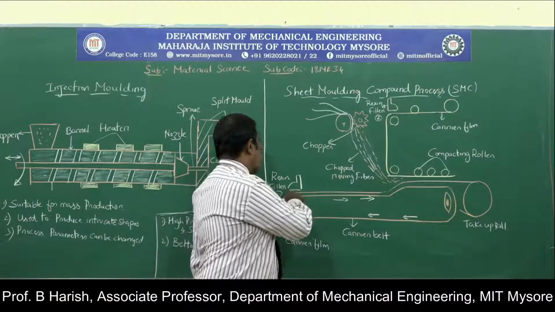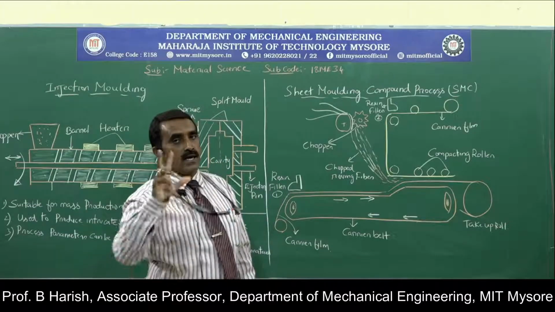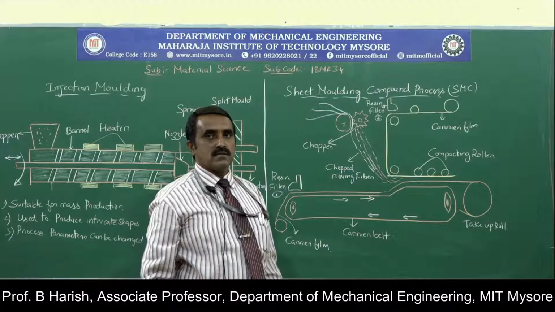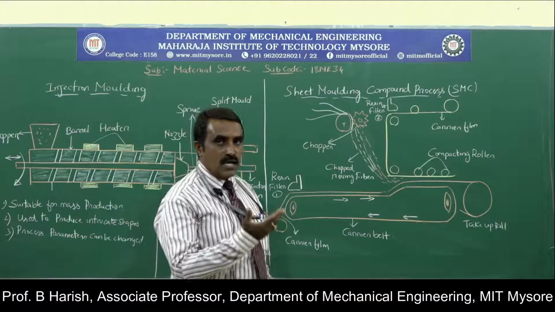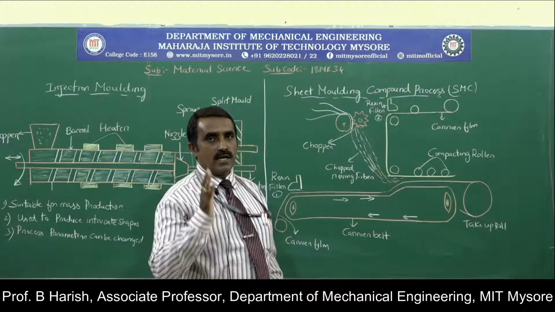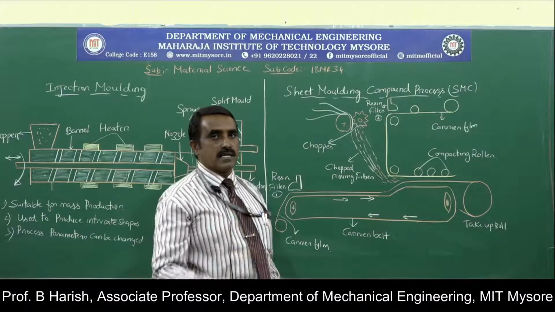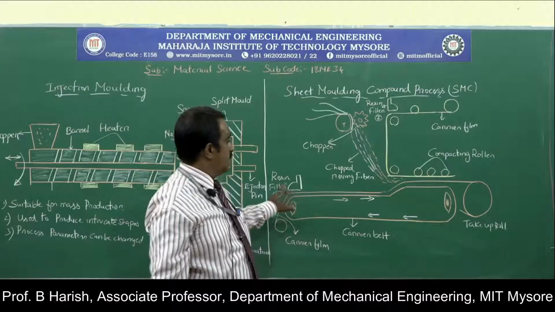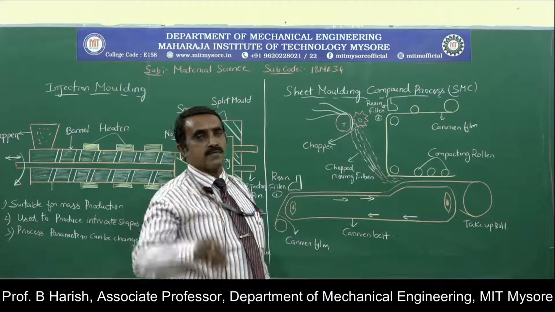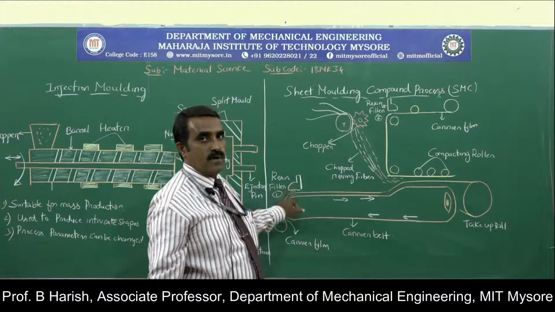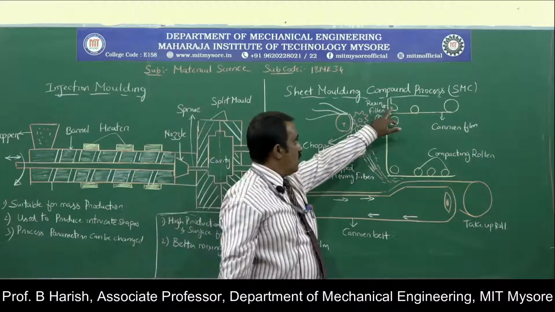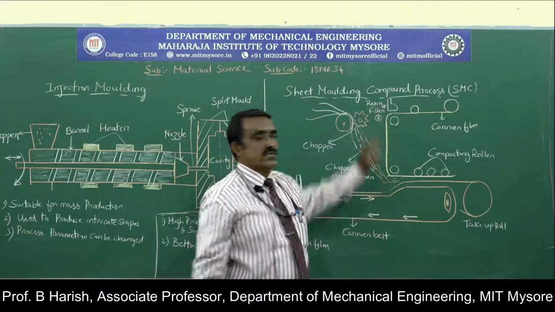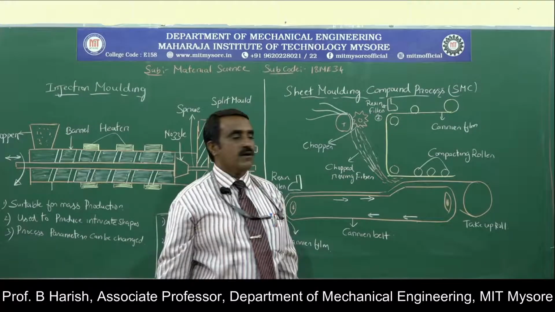This is called resin filler number 1. Here we will have two resin fillers. Any composite material will have a reinforcement and a matrix. Resin here is the matrix that is used. So the matrix will be filled in resin filler number 1. Here I have one more part, resin filler number 2, where the matrix material will also be filled.